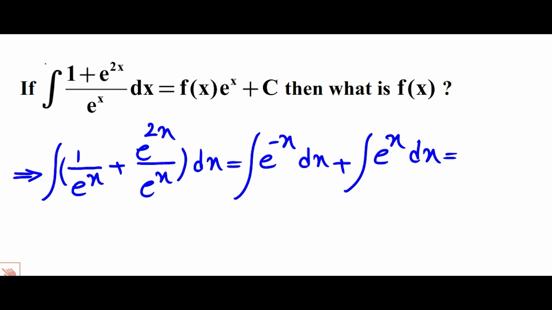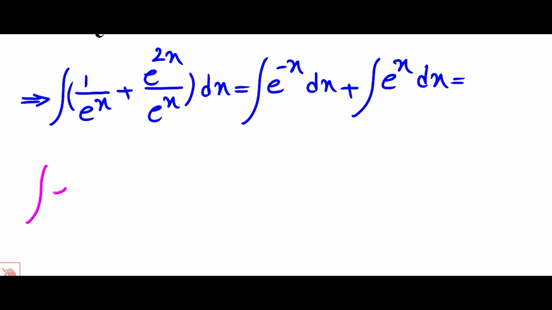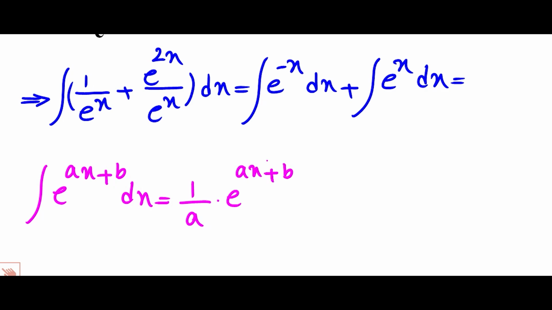As you know, the integral of e to the ax plus b dx equals 1 over a, means the derivative of ax plus b, times e to the ax plus b. So here a equals negative 1. So the integral of e to the negative x equals negative e to the negative x, plus the integral of e to the x equals e to the x, plus c